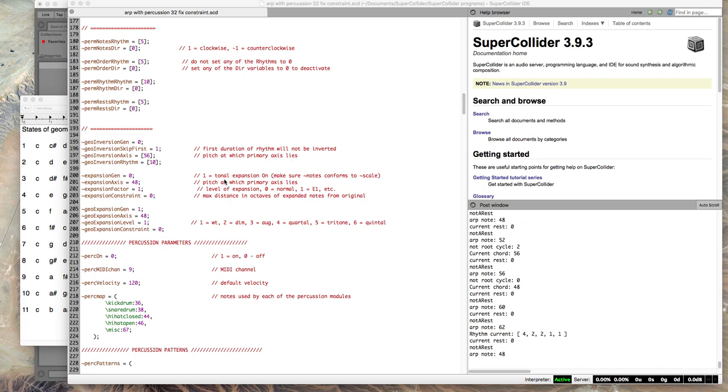Here's another concept that's not usually familiar to people who aren't familiar with the Schillinger system. This idea of expansion. Now, in his special theory of harmony, this becomes particularly relevant